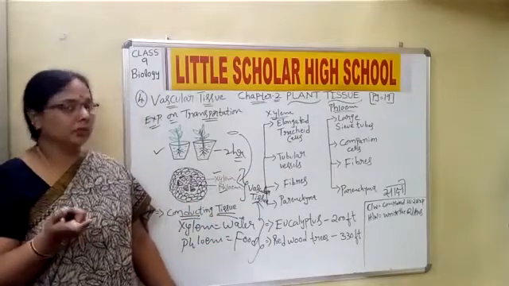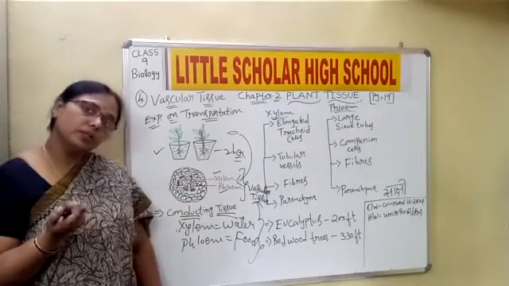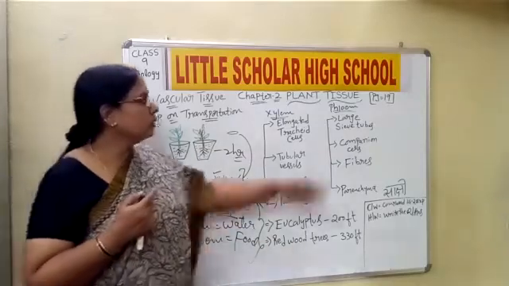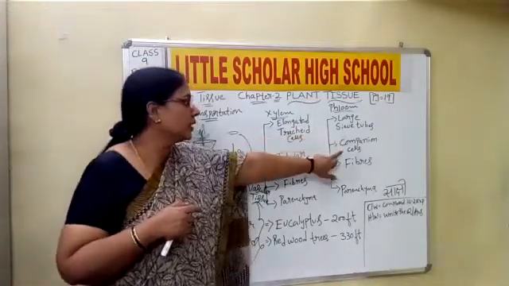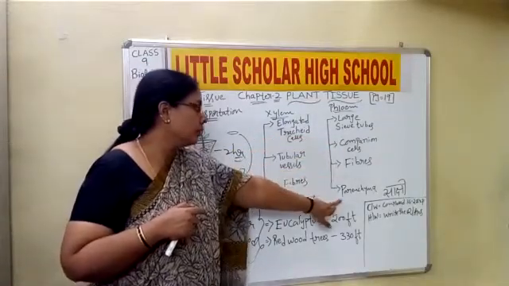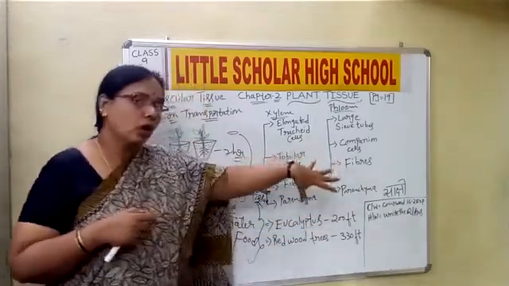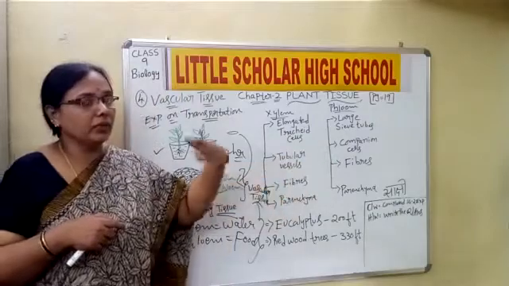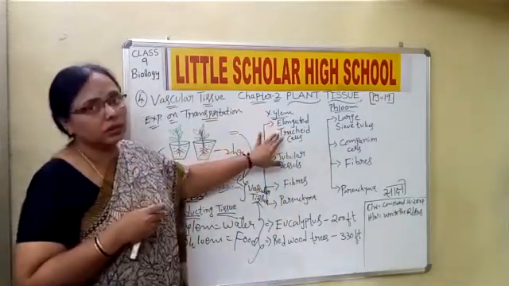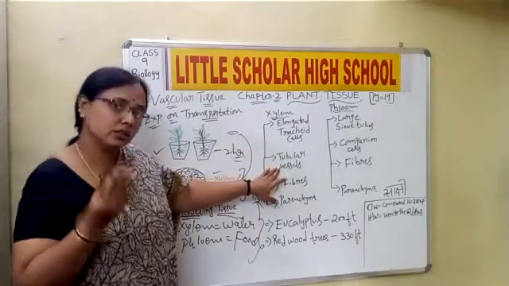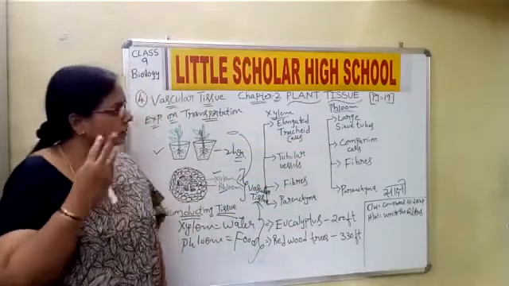It is in xylem. Where do you find the tubular vessels? We find them in the xylem. Now when we come to the phloem, we see the large sieve tubes, companion cells, fibers and parenchyma. Fibers and parenchyma are common for both xylem and phloem, but when we talk about the differences, it is the elongated tracheids and the tubular vessels in xylem, and sieve tubes and companion cells in the phloem.